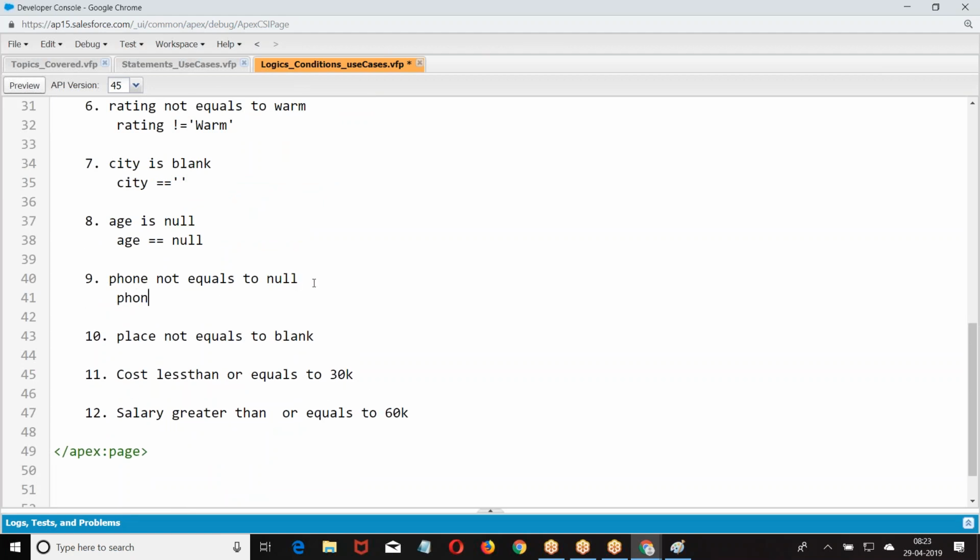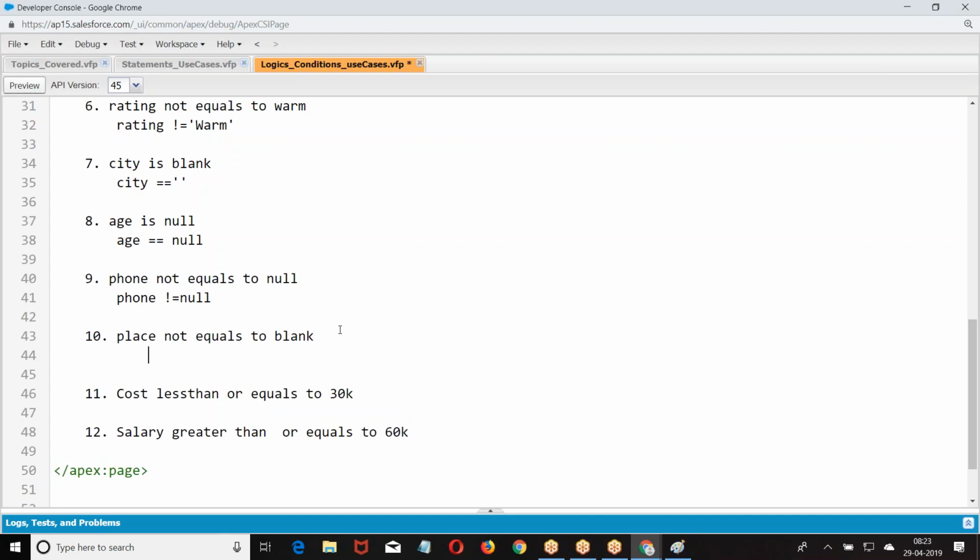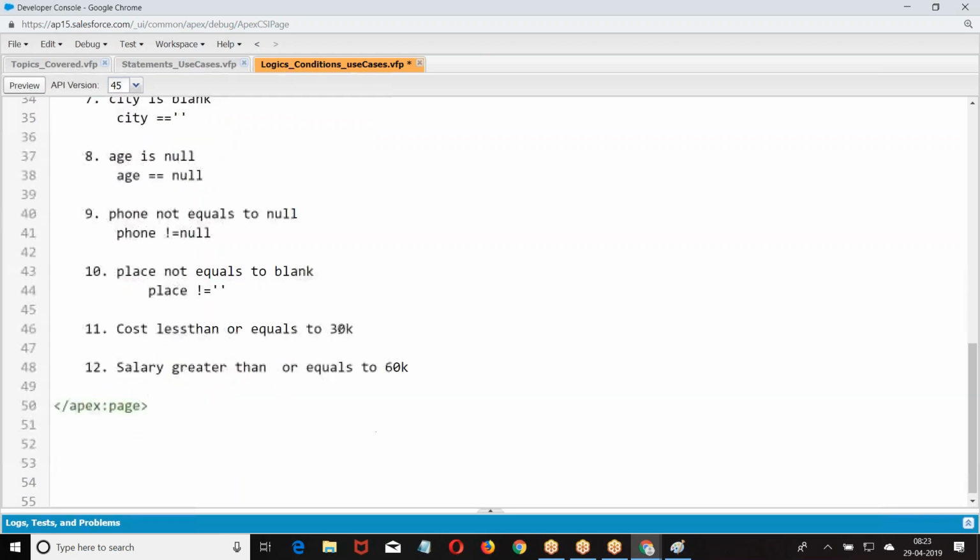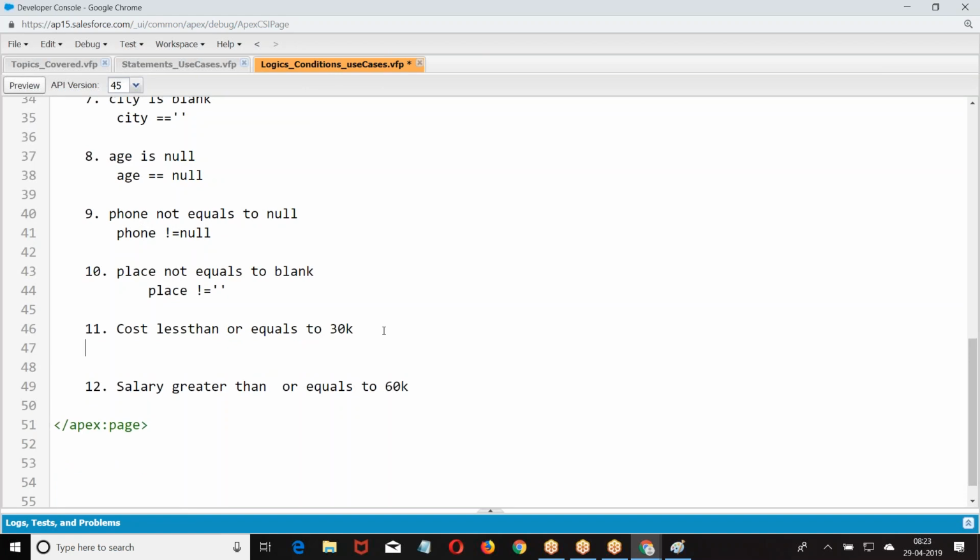Then we had phone not equals to blank, cost less than or equal to 30,000, and salary greater than or equal to.